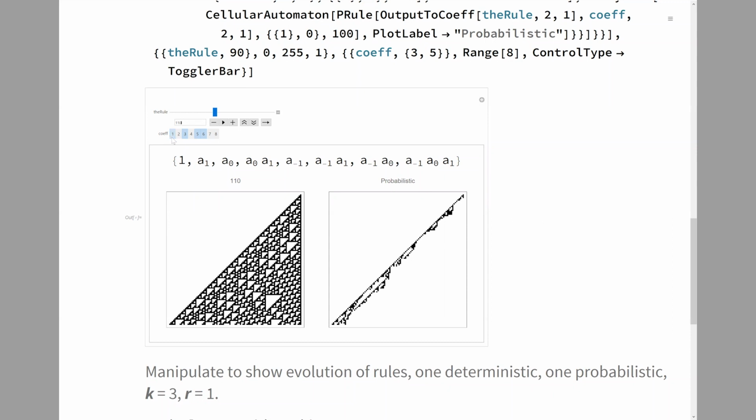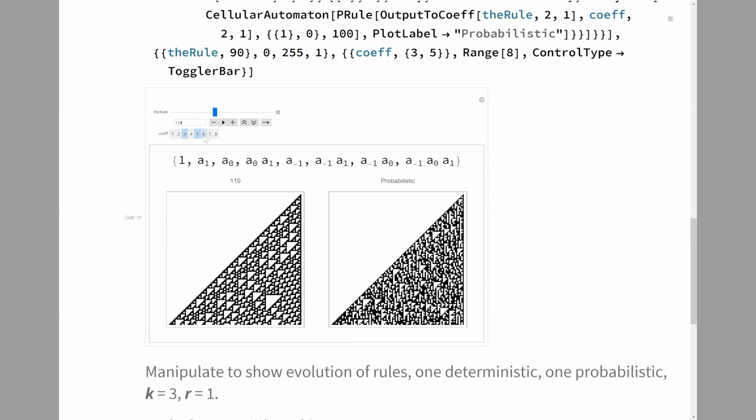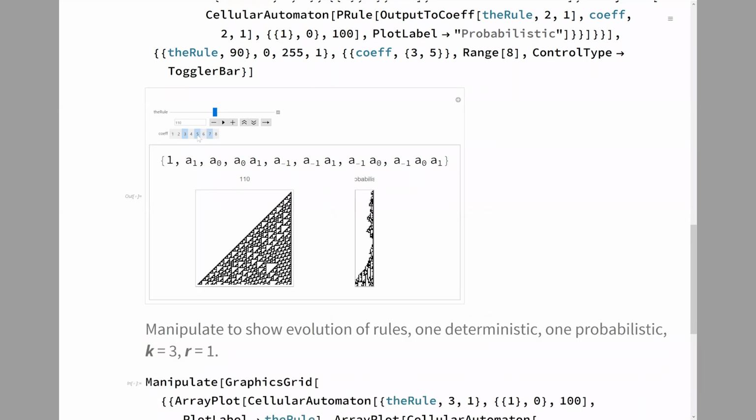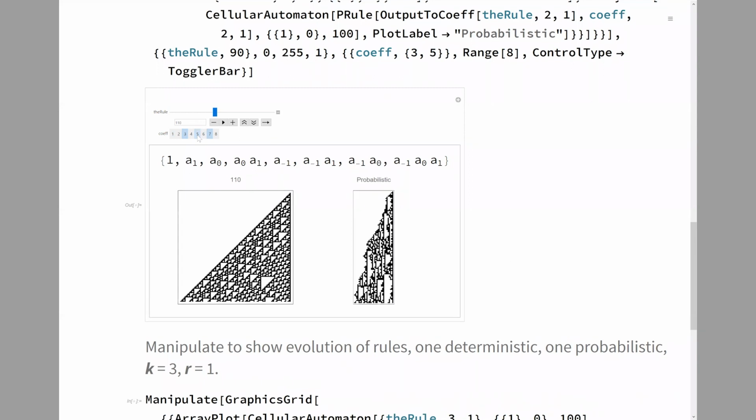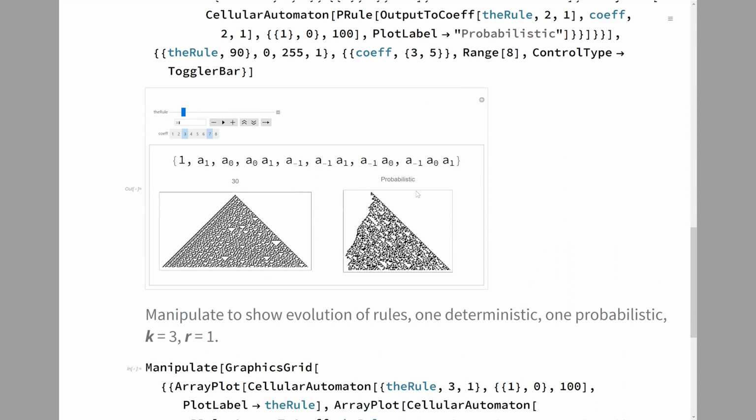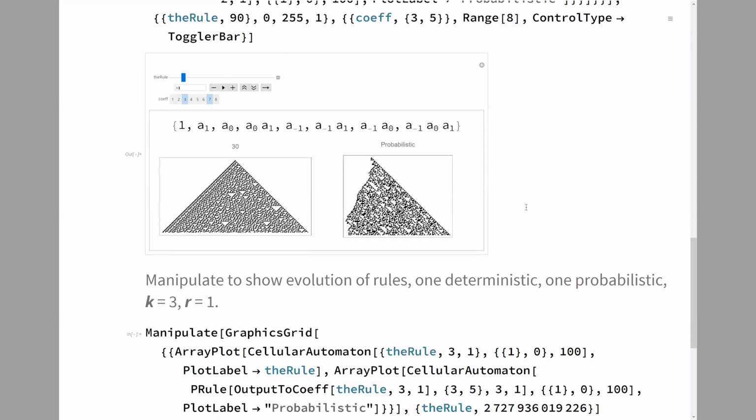Let me maybe remove this, and then you have that, or maybe do this one here, and then you have all kinds of different behavior. That turned out to be very interesting. Look at that, rule 30 with coefficients 3 and 7. When you make them random, this is the way it works. So you can play with this. This should be